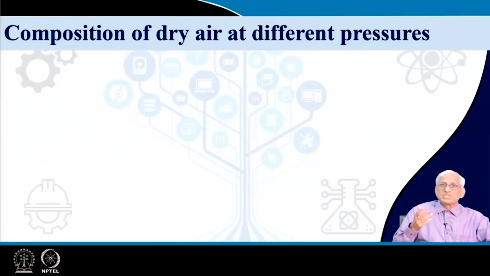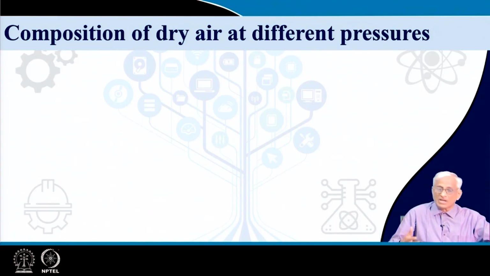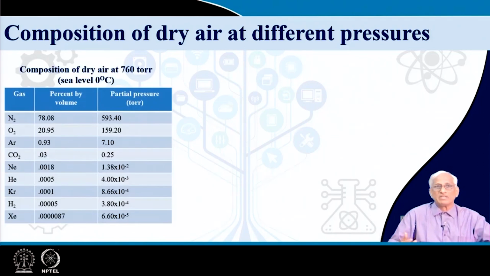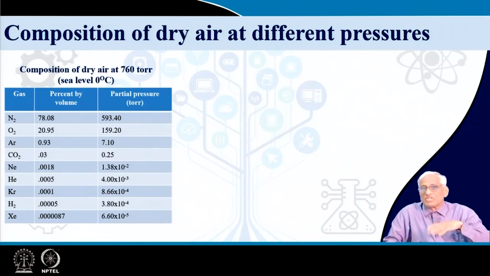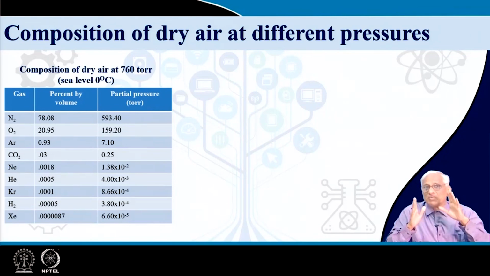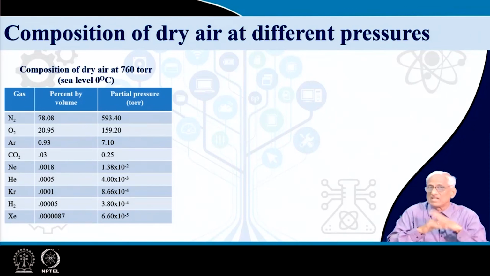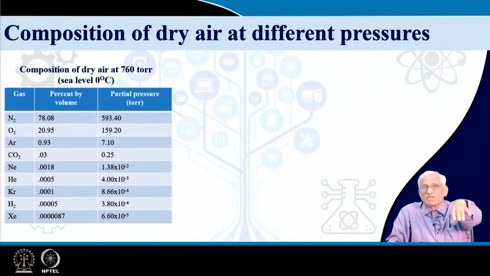So, what is the composition of air at different pressures? I need not discuss it elaborately, because most of you know it from school level. It contains 78% nitrogen, 20% oxygen, argon is third, which comes to 1%, 0.93 let us say, then the rest of the gases. This is what we think. A dry air composition at 760 torr at sea level at 0 degrees centigrade contains this composition,